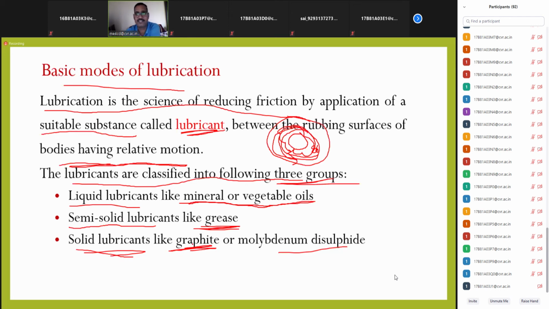Just as a talcum powder, my face powder is the same thing. If you pour it on the ground and put your leg on that, then definitely there will be a skid. This graphite will have very fine nanoparticles, so that is the reason it is used as a solid lubricant. And you can also use molybdenum disulfide.